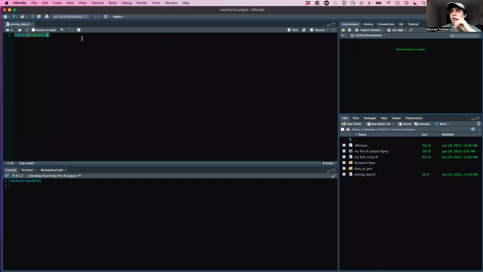We need tidyverse. We don't really need any other functions as of now, but if it comes up, I'll add them to the top. Just to stay consistent, I'm gonna keep track of all the sections of the code by putting in these comments. So data loading, reading,